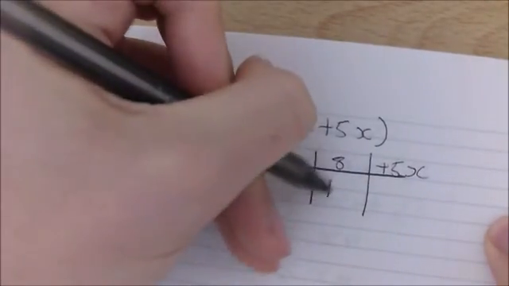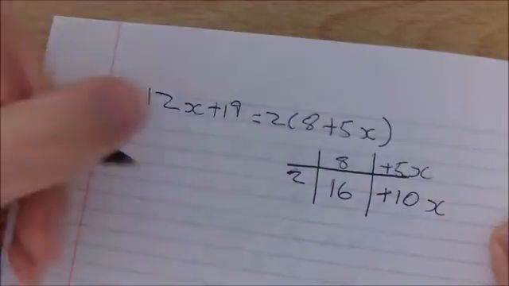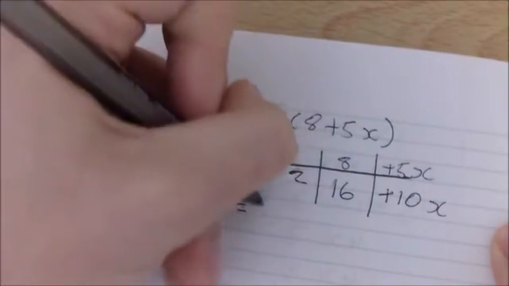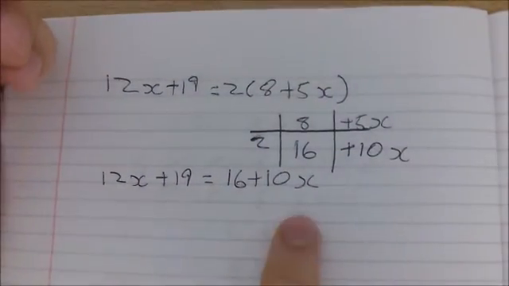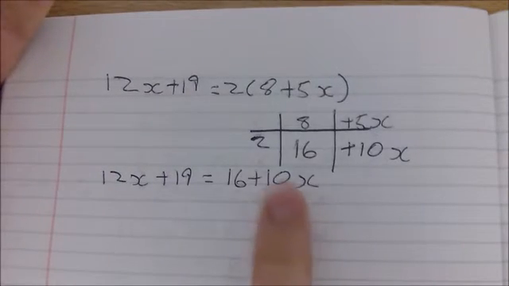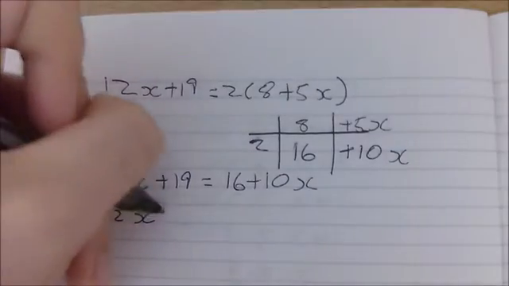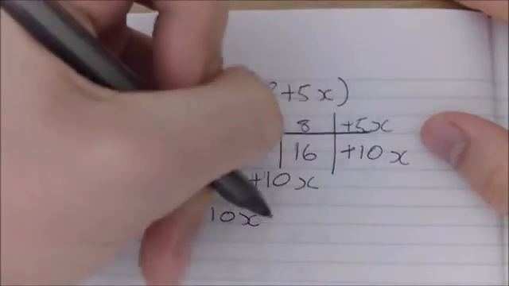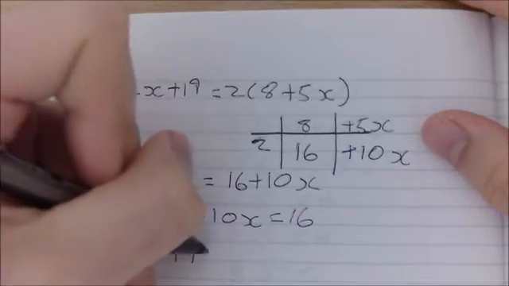So 2 times 8 is 16. 2 times plus 5x is plus 10x. So I've got 12x plus 19 equals 16 plus 10x. Now, I've got x's on both sides, so I'm going to have to remove the smallest x, and that's going to be 10x. So I've got to take away 10x, so I've got 12x plus 19, take away 10x, equals 16. So I've got 2x plus 19